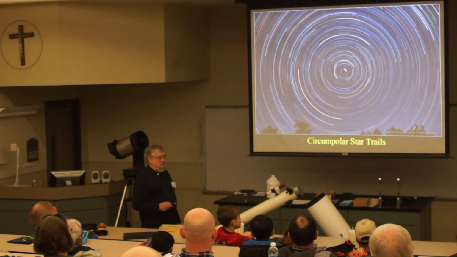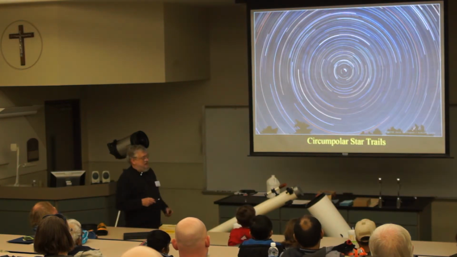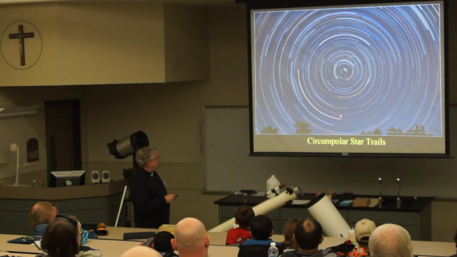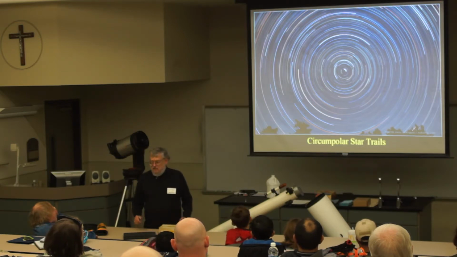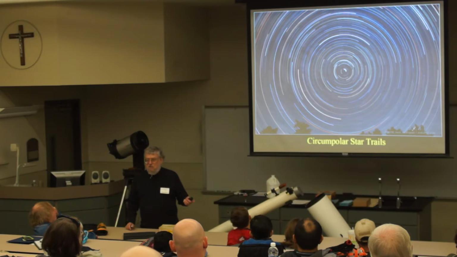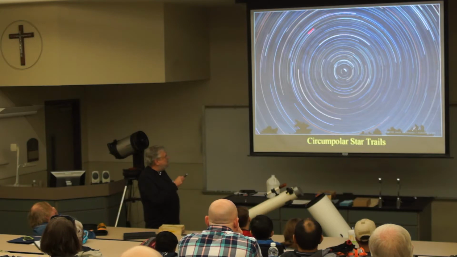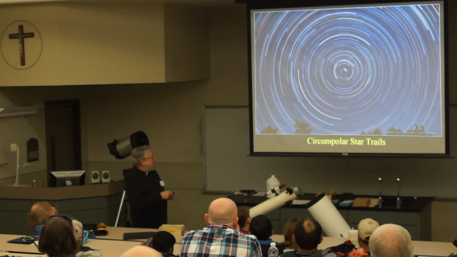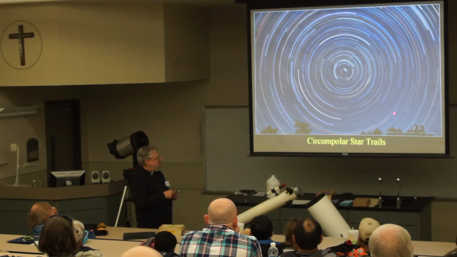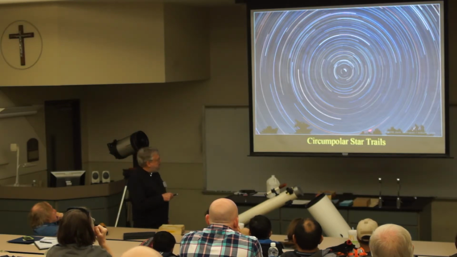Here's a picture of what you would get if you aimed a camera straight north near the North Star and left the lens open for several hours in a good dark place where you wouldn't get a lot of light pollution. The stars are moving in this circular path around the North Star because that's right over the North Pole of the Earth. That's the pivot point of the sky. And every star and planet in the sky moves around that in a circle. So if you're aiming at something over here, you're going to have to move up and to the right in a curve. So a telescope that just goes up and down and back and forth isn't going to follow that